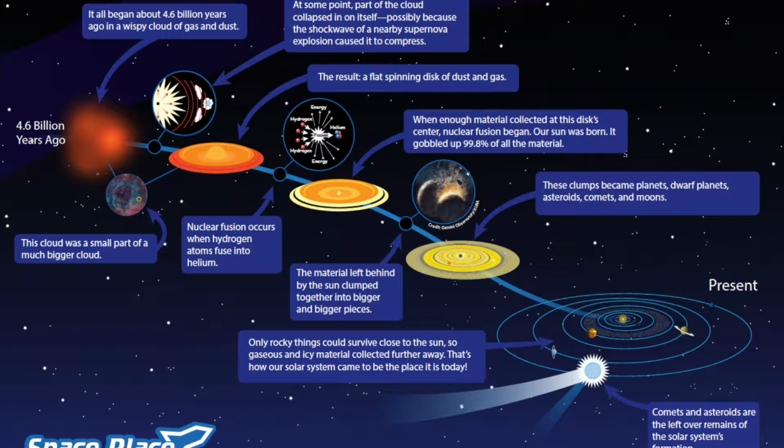So this is a picture of how the Earth came to be. It is very general, so we're going to go into the other things more specifically later. But basically the universe started out as a big cloud of gas and dust, and then a supernova crashed or